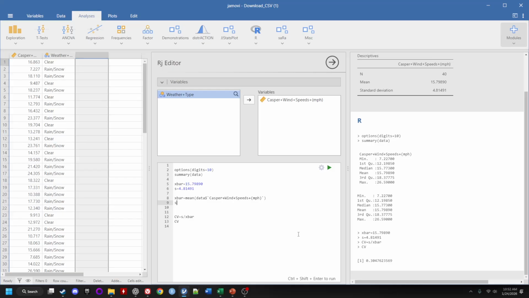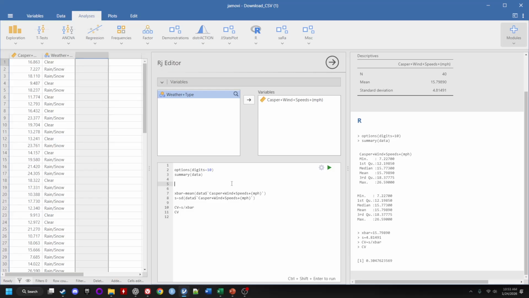Let's do the same thing for S, but we're going to use SD for standard deviation. And then I'll start off typing Casper again, and it's like, oh, I can pick this one up again, data $ Casper. If you choose this other one, it doesn't work. This one does work, so we're going to double click on it. And I'm just going to delete these for a moment. Remember that the answer is about